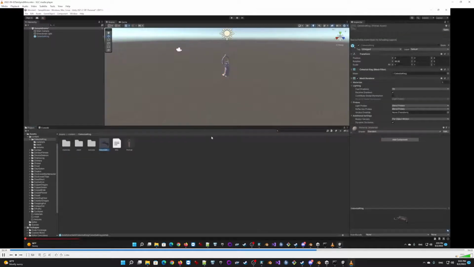Drag your model into the prefab, and from the scene it'll turn blue. Create your prefab and rename it. Now the reason for renaming is that, remember, if you copy the name now,